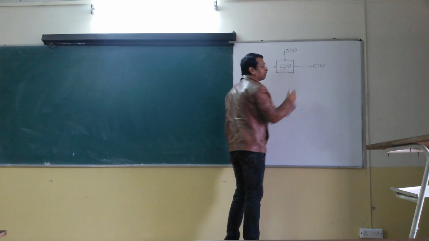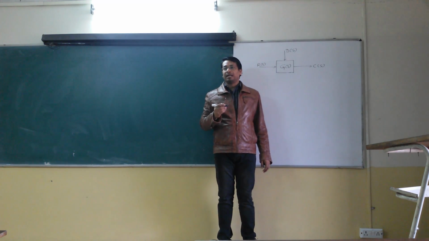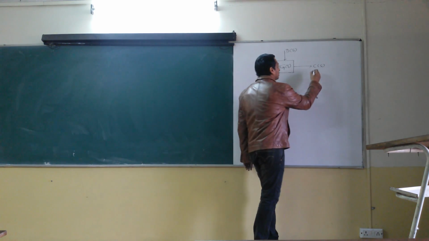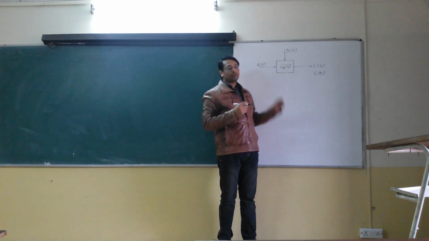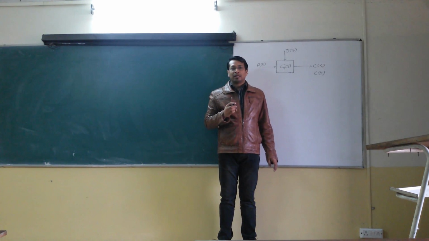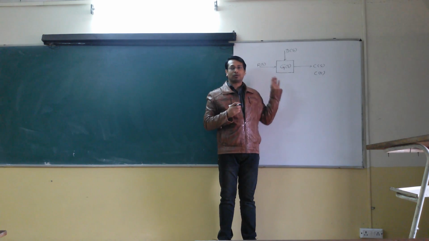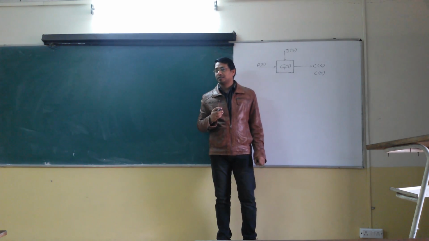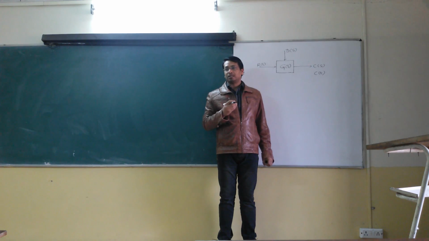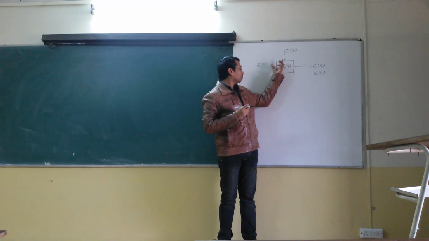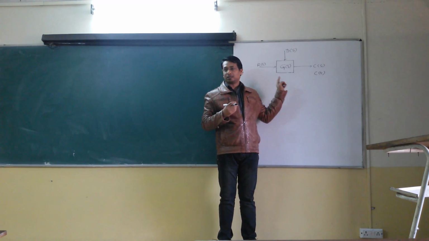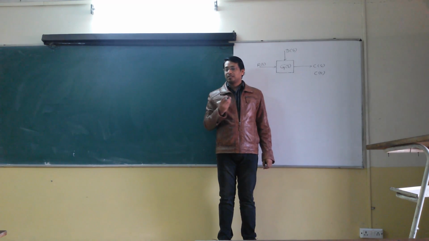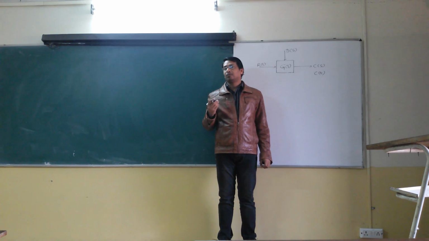So if you want to find the response c(t) of the given system, you need to know about both the inputs, that is your manipulated input and your disturbance input, or in other words you need to model these inputs, because the output will be given by both of these inputs. The first one is your reference signal or manipulated signal, and the second one is your disturbance. Let us first talk about the disturbance.